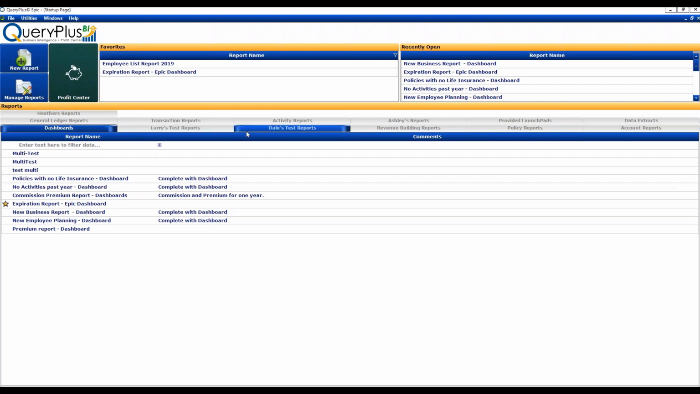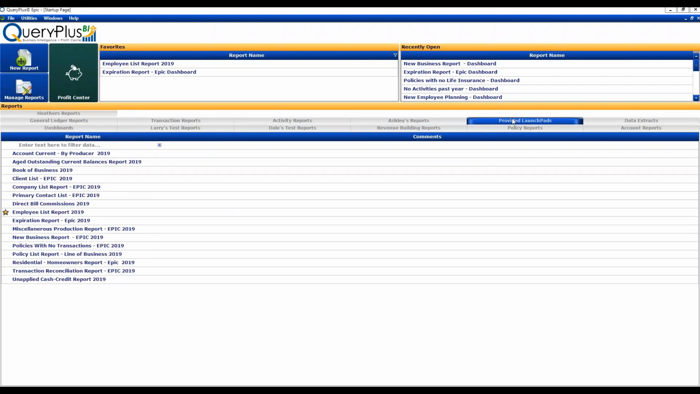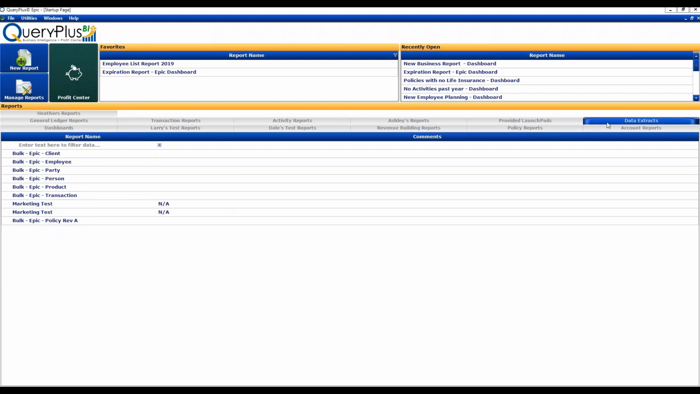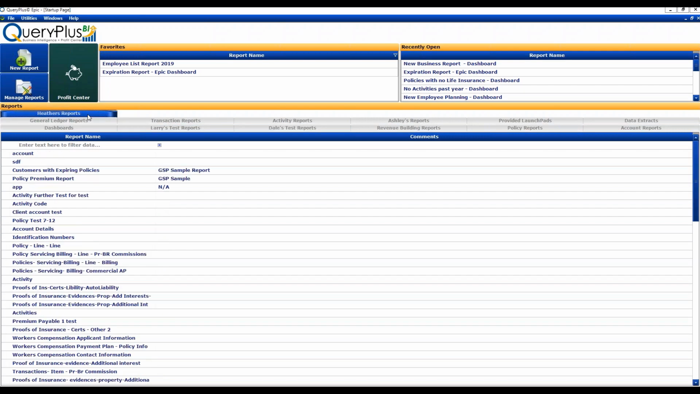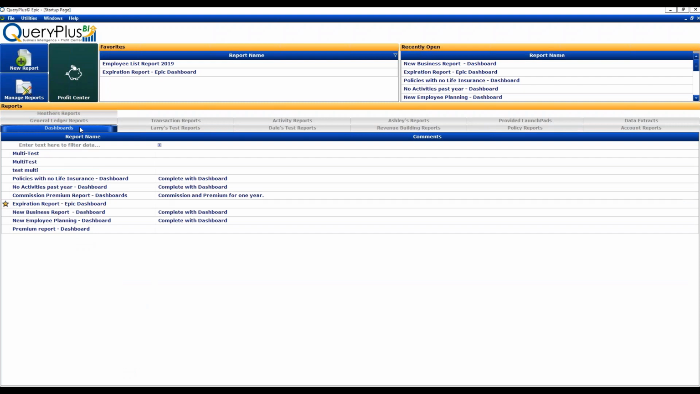For instance, we have dashboard reports, we have activity reports, our provided launchpads tab, data extracts, and things like that. We also have individual tabs. So for instance, we have Dale's reports, we have Heather's reports, and this ties into the security aspect of the product as well as just simple organization as well. You can create individual tabs for individual users. You can create them account-based, line of business-based, commercial reports, personal lines reports, things like that. And then you can set access to these various tabs to each individual's login. So if you only want one particular person to see marketing reports, they'll only be able to see the marketing reports tab, and